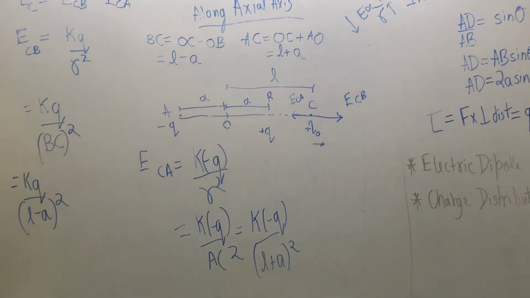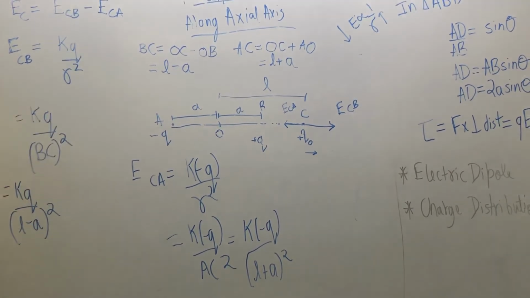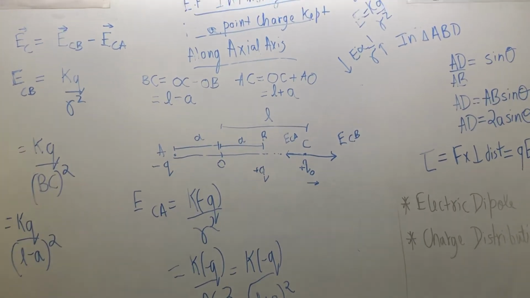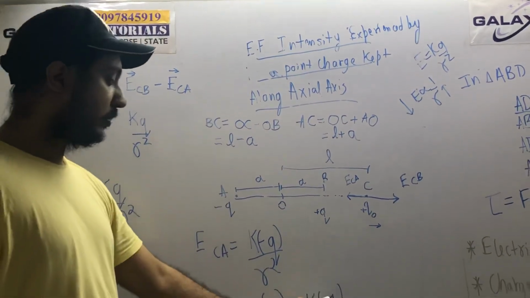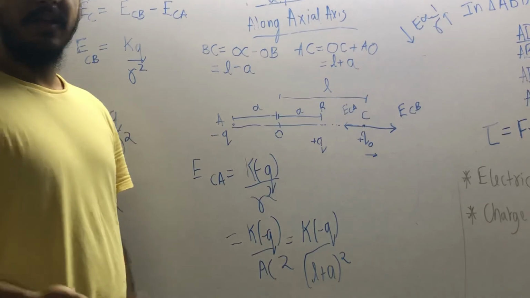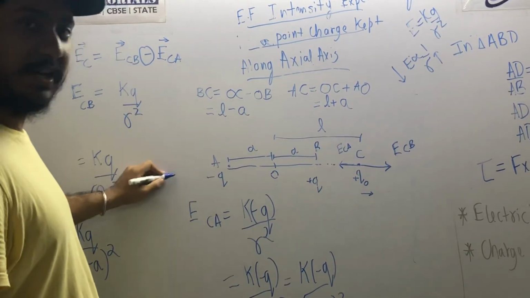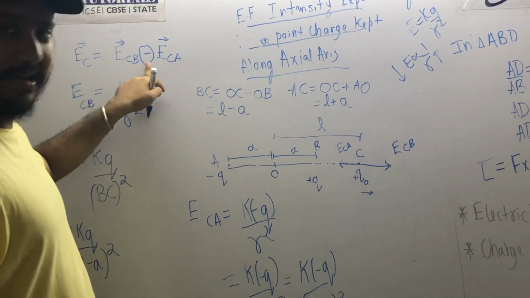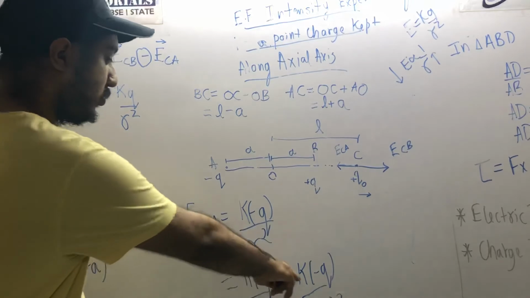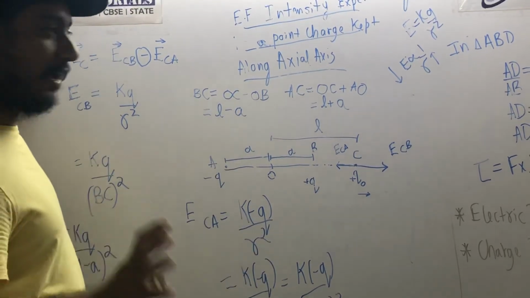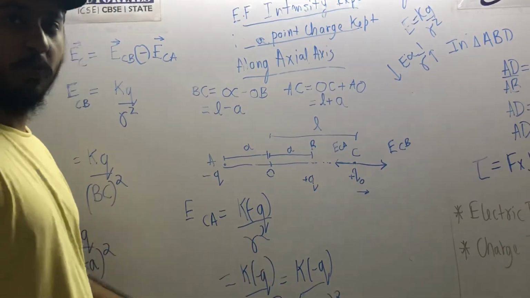Okay, now we will substitute the value of ECB and ECA here. Before substituting, I wanted to tell you one thing: when I substitute the value of ECA, I will not put the sign minus Q here. Why? Because I already considered the minus sign here. You see, I already considered the direction this way, so that's why I subtracted it. So I have considered the sign in this equation only, so you will not use the minus Q again. We have already considered it here. So you will simply subtract these two.